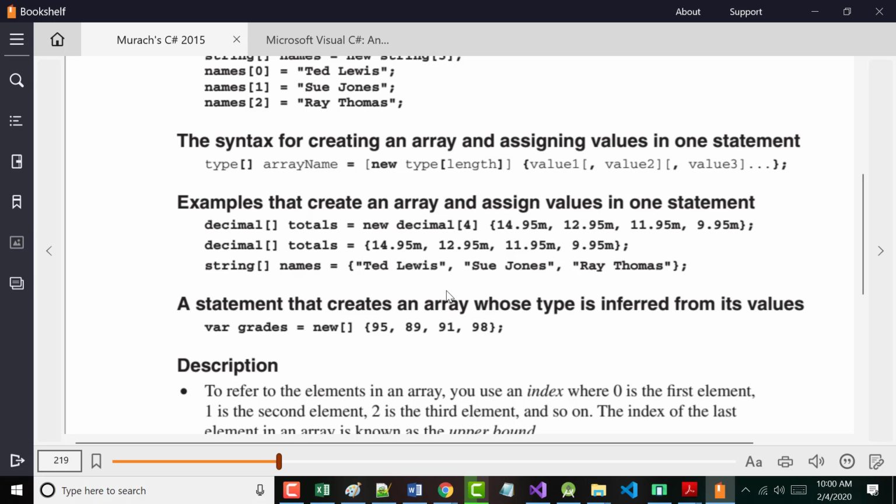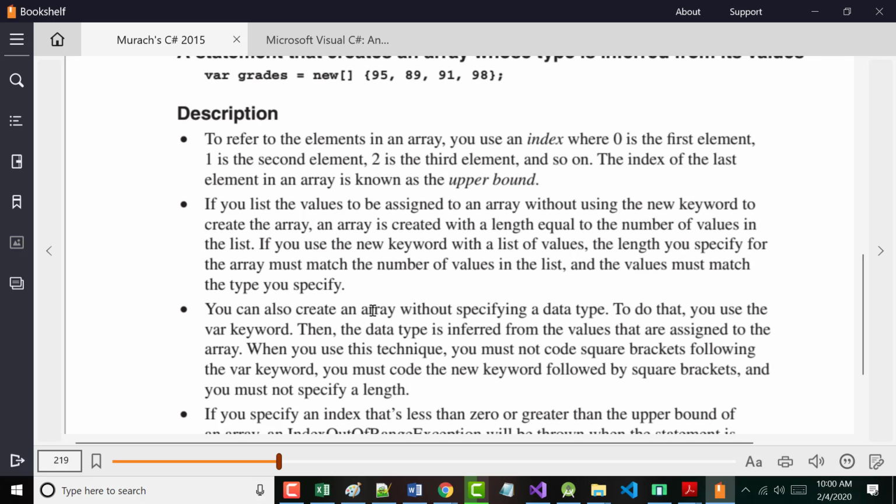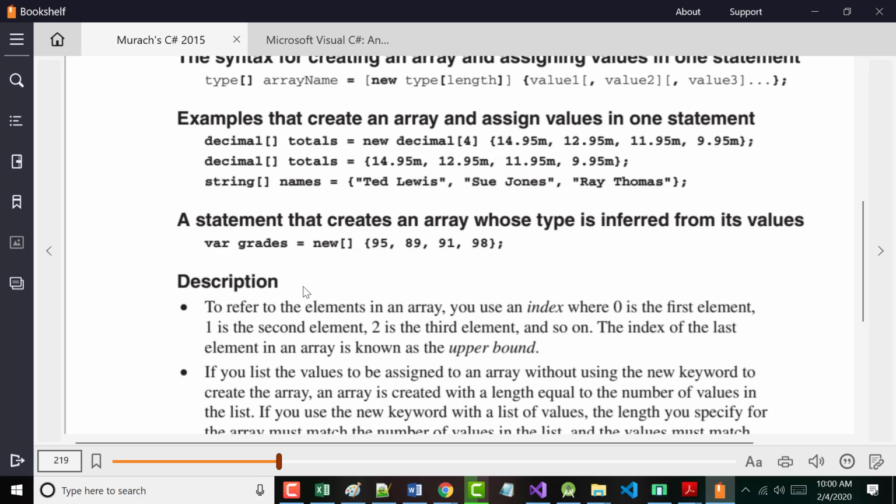But notice the second and third ways. If you decide you're going to initialize an array, all the values go inside of curly braces. Not brackets, curly braces. And that's pretty much what they say in here. Again, I don't want to sit and read it to you. All right. Notice here,